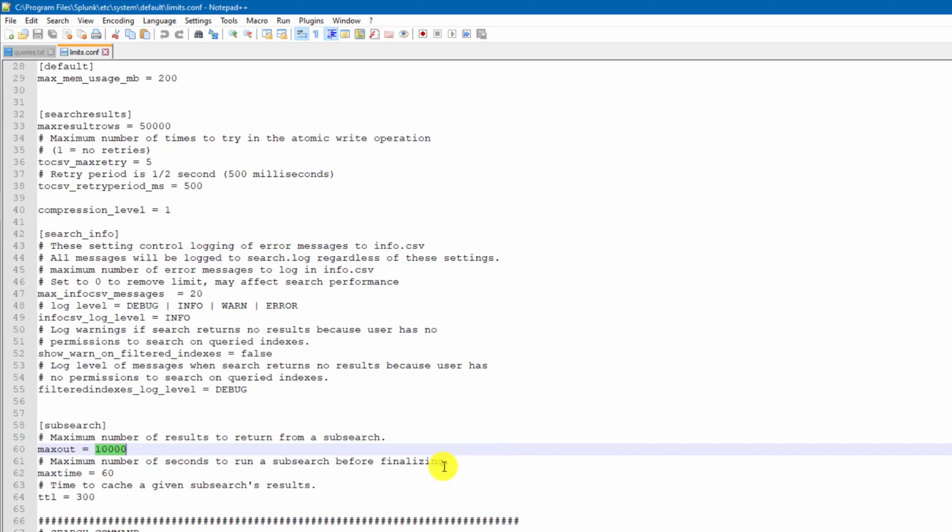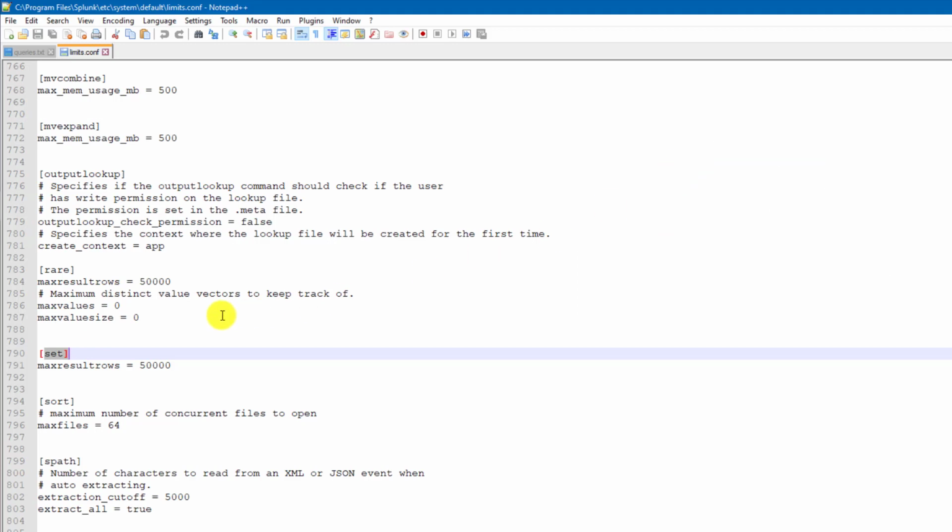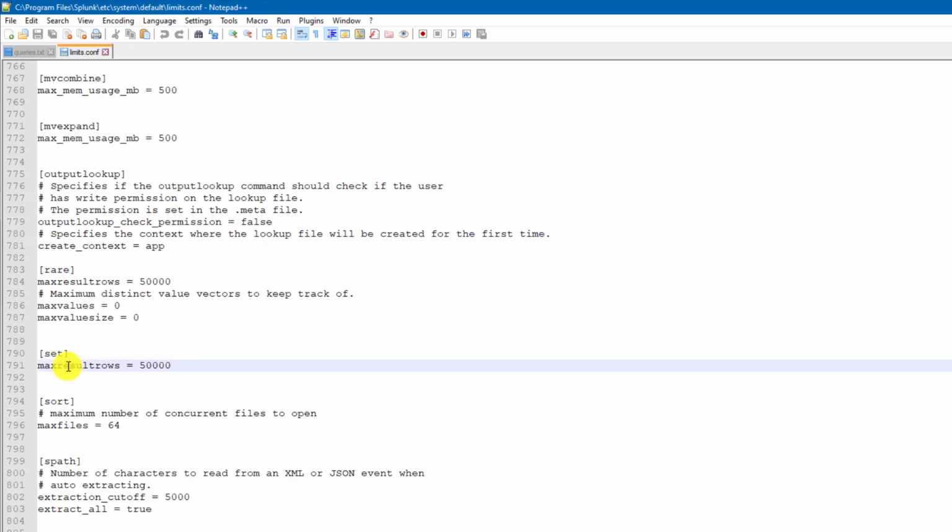Now for the set command, if I search for set in the same limits.conf, there is a stanza for the set command as well, which has max_result_rows.